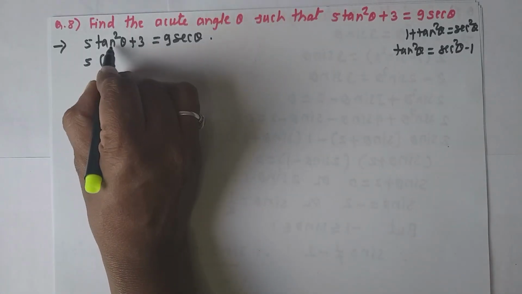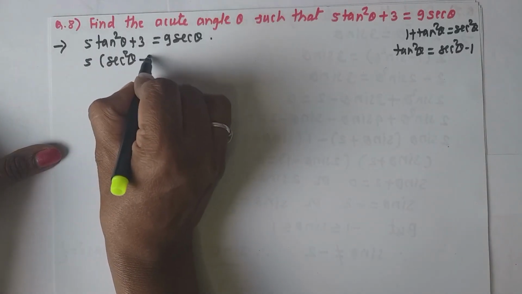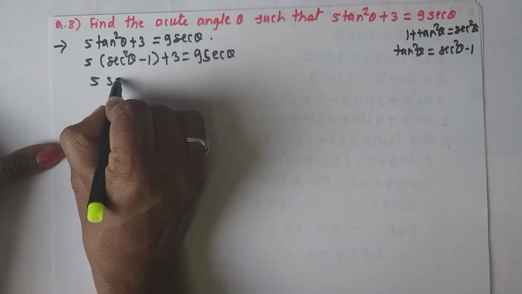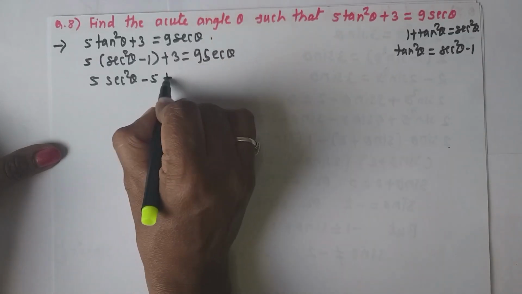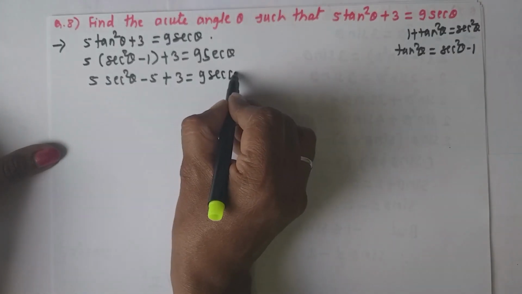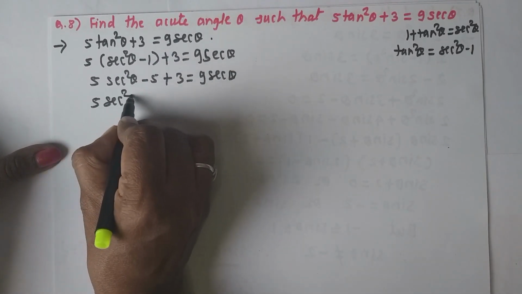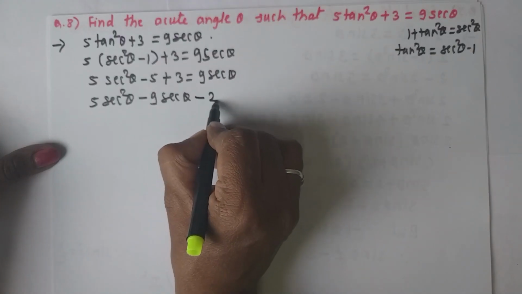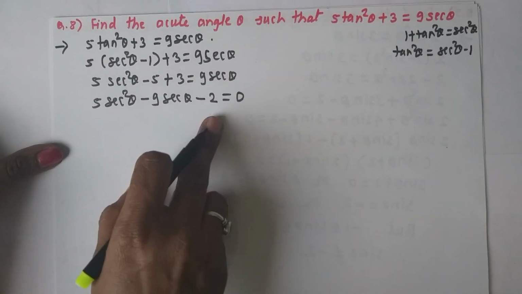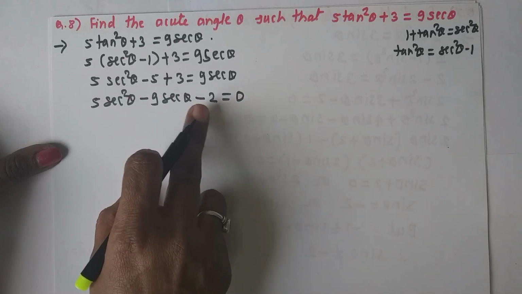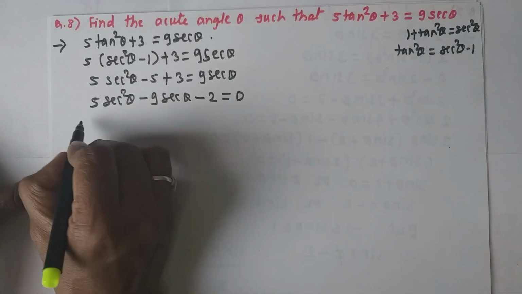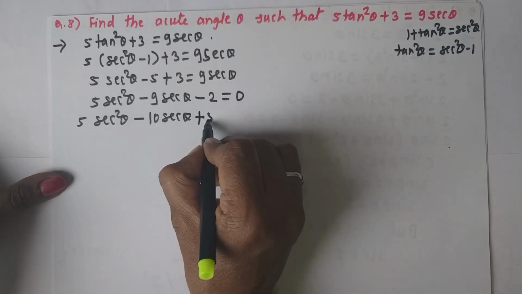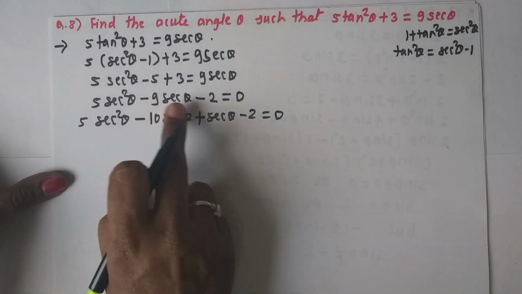Okay, therefore you write down the value of tan square theta as sec square theta minus 1 and keep the remaining equation as it is. Now here open the bracket. 5 sec square theta minus 5 plus 3 is equal to 9 sec theta. Now simplify this. This will be 5 sec square theta minus 9 sec theta, and you take the addition of these two. This will be minus 2 is equal to 0. Now 5 into 2, 10. You factorize 10 such that difference will be minus 9. Then here I will add minus 10 sec theta and subtract plus sec theta. See, addition of these two is minus 9 sec theta.